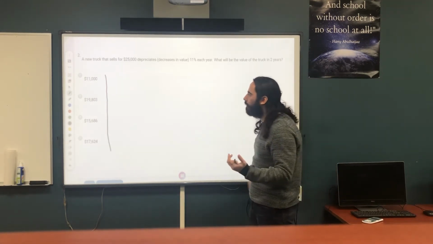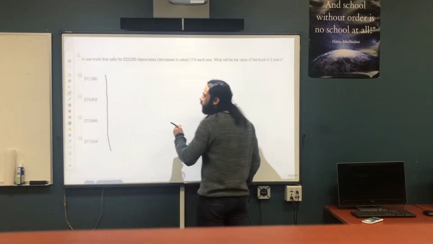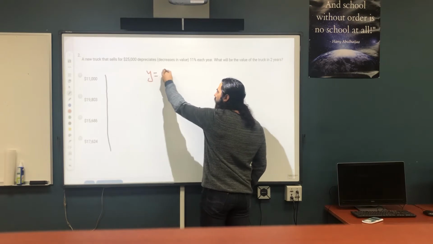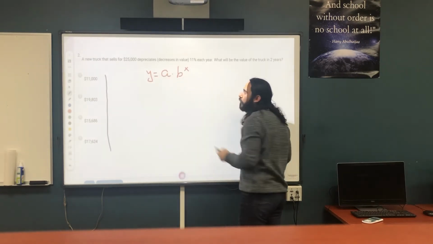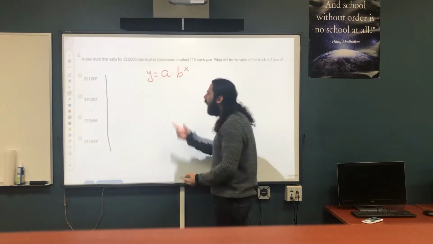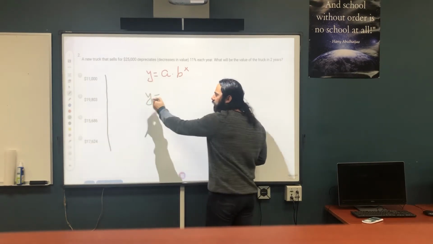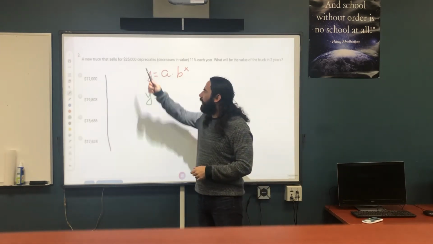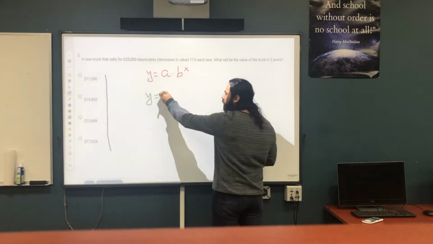The same thing. We need to use the exponential formula. Remember, the exponential formula is y equals a times b to the power of x. So as we know, y is how much the value of the truck will be. a is the initial value, which is $25,000,